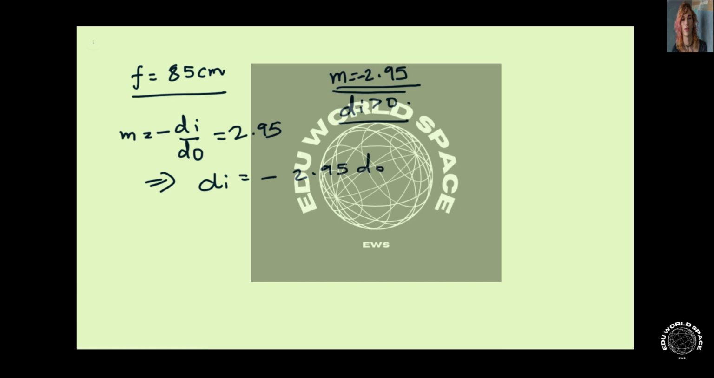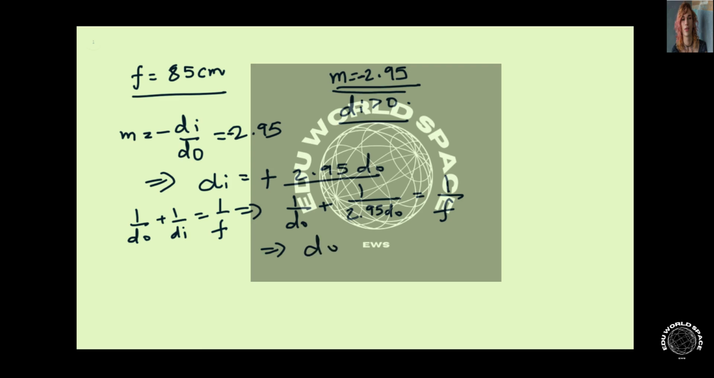Now that we have this relation, let's use the formula 1 by dO plus 1 by di is equal to 1 by f. Now we know that di is minus 2.95 dO. So that gives us 1 by dO plus, I'm sorry, this needs to be positive because the magnification is negative, which means this will be minus 2.95. Now, 1 by dO plus, we know that image distance is 2.95 times dO, is equal to 1 by f,